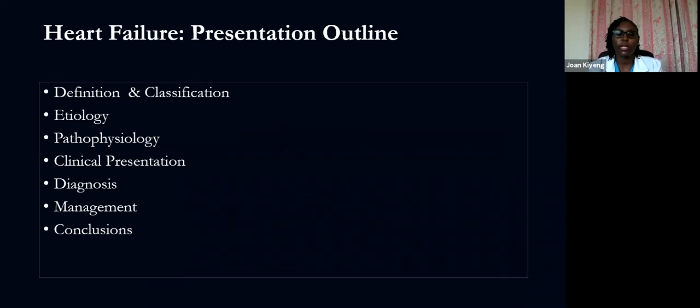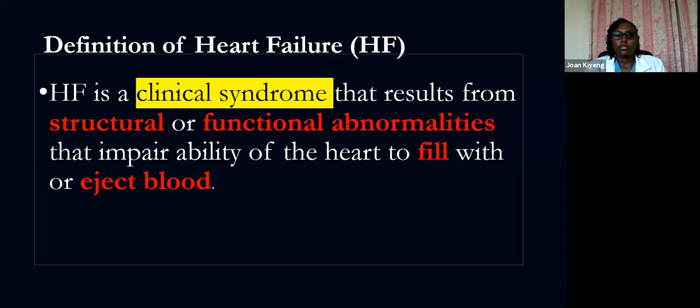We are going to start with defining what heart failure is, and then classification as well. And we will look at etiologies of heart failure and pathophysiology, clinical presentation, and diagnosis, management, and we will conclude. And just to define heart failure, what I want you to take out of this class today is that